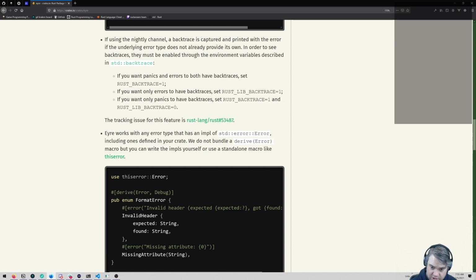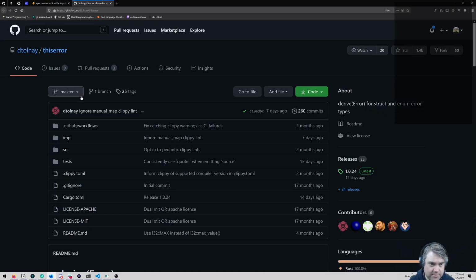We do not bundle a derive Error macro, but you can write the impls yourself or use a standalone macro like thiserror. Okay, so I probably want to use thiserror in combination.